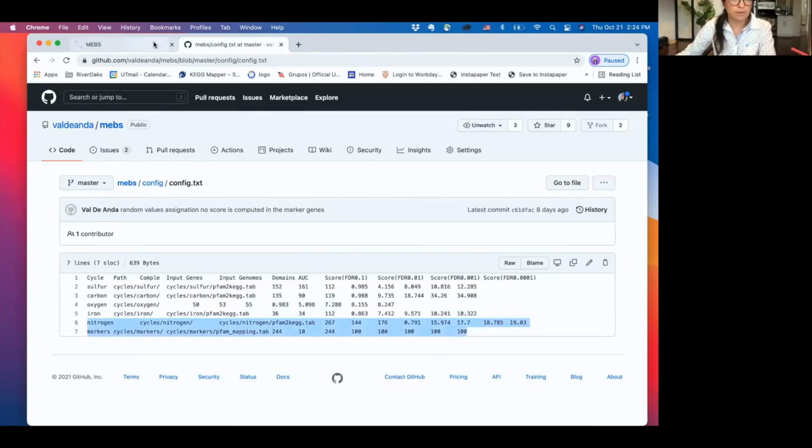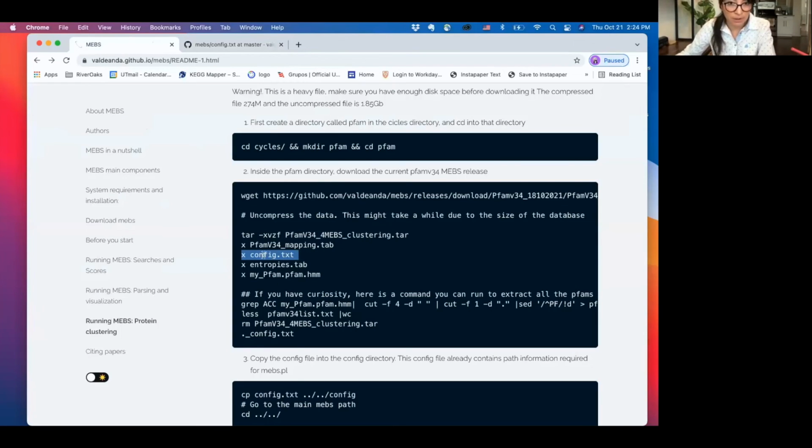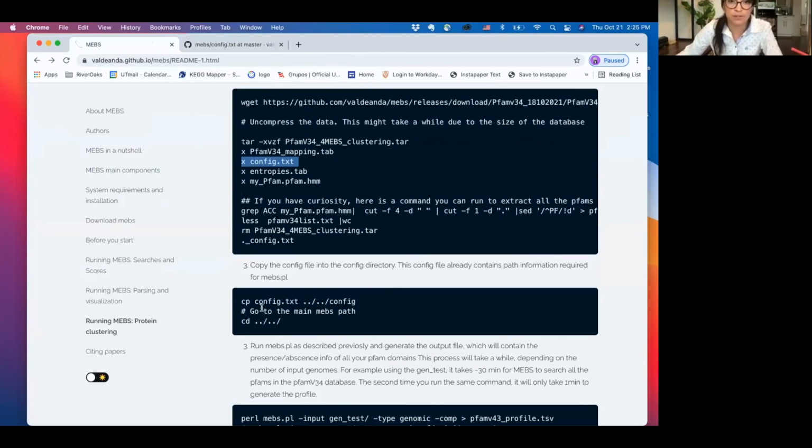And I already provide that information. I already provide that config file that has the line that you need in order to run it, so you don't have to worry about that. But just make sure that you do that first. So here I just put the command to put that into the config file, and now we go to the